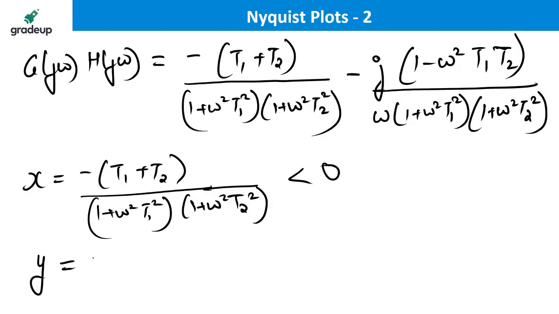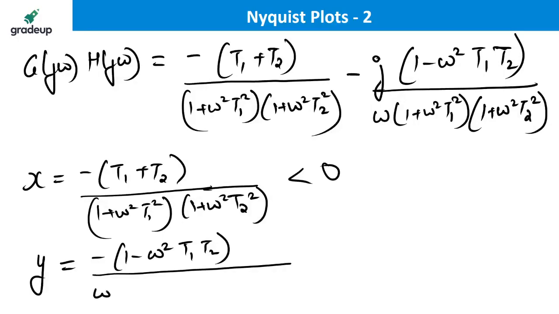But y is equal to minus of (1 minus omega square t1 t2) divided by omega (1 plus omega square t1 square)(1 plus omega square t2 square). Now whether this is negative or positive,